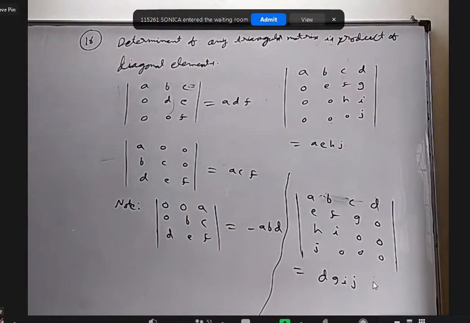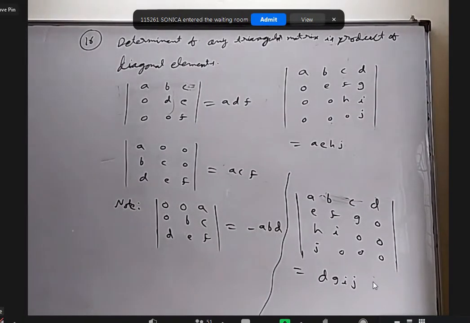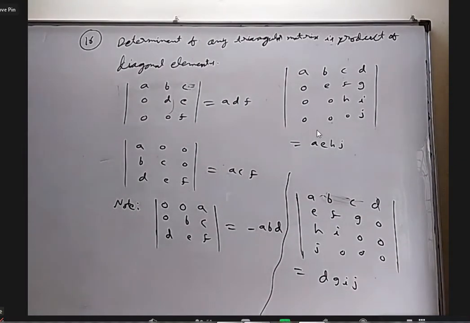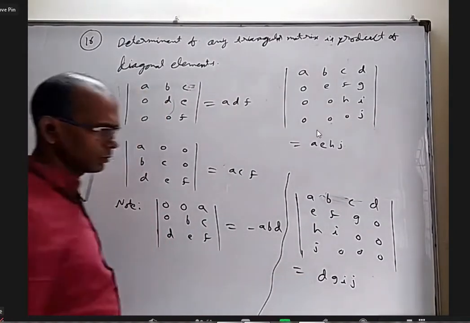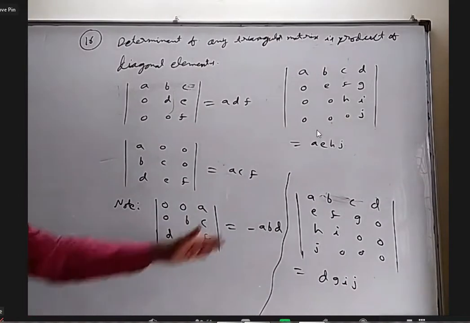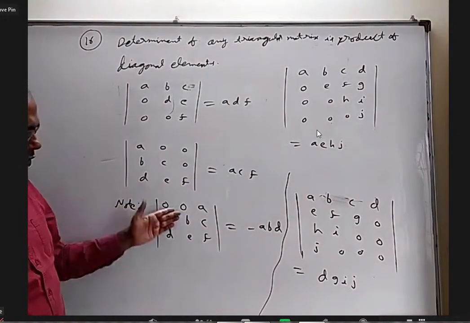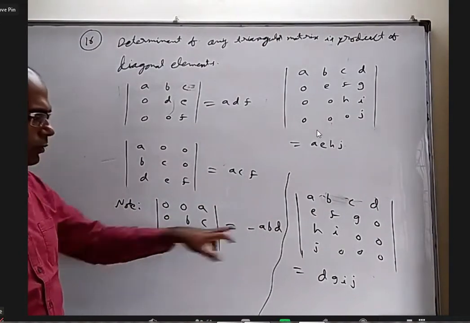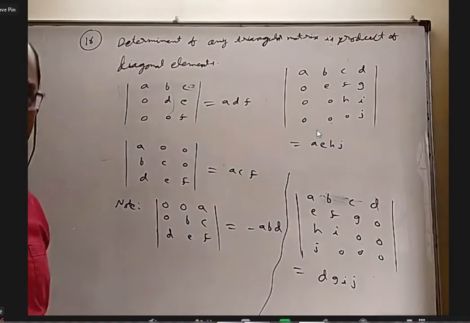Is it okay, Dheeraj? Yes, sir. If we change the diagonal elements to the opposite side, the negative sign will come, sir. No, here negative, but here positive. For 3 by 3, this we don't call diagonal, but if you want to take it like that, above that are 0 or below that are 0, the product of diagonal elements is a minus. But for 4 by 4, directly the product of the diagonal elements. Is it okay, Kasi?